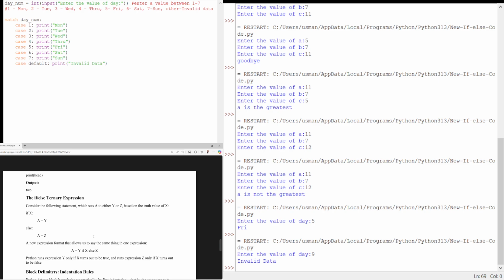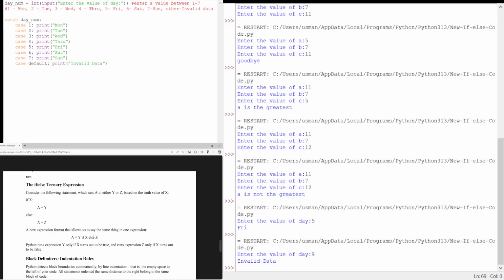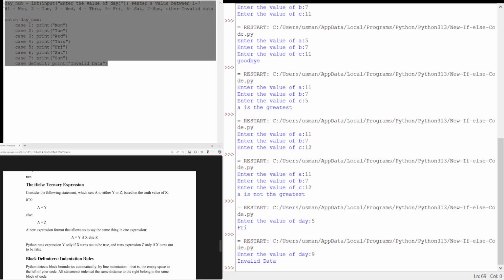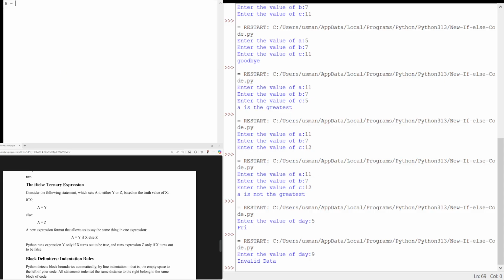Okay, now the last operator is called the ternary expression, the if else ternary expression. In one line of code you can actually find out whether a value is true or false. So in that case what we will do here is try to read two values. Suppose a was 7 and b was 5. So we will say message, or we will say c is equal to, what I want to write here, I want to write print A is great, A is more than B